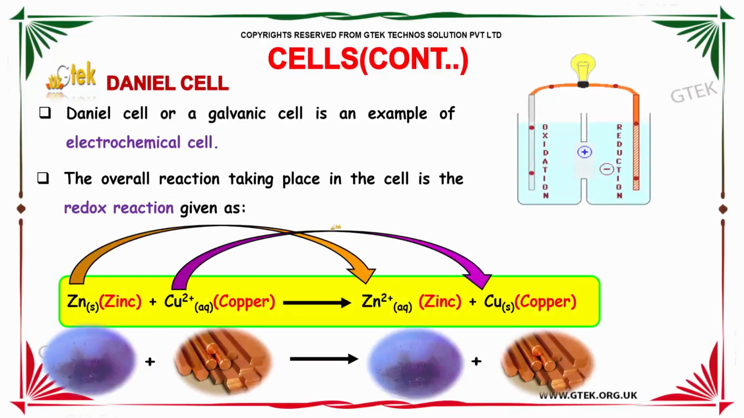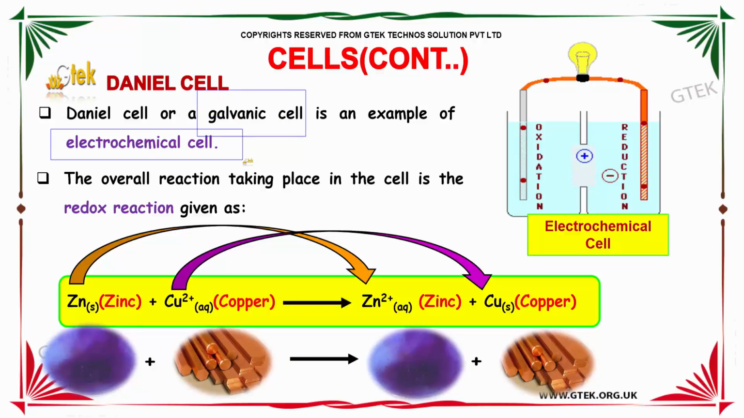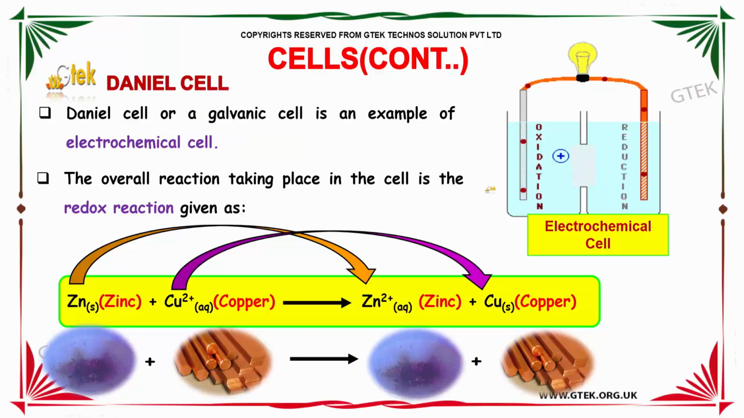Now let's discuss the Daniell cell, or else we can call it the galvanic cell. It's an example of an electrochemical cell. The overall reaction taking place in the cell is the redox reaction given as zinc plus copper